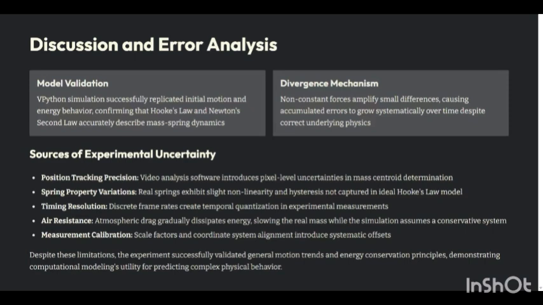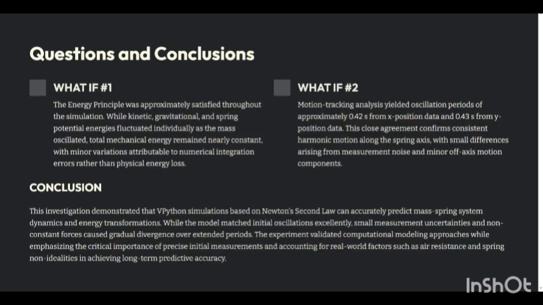predicting real-world behavior. Finally, for the what-if questions, for the first what-if question, the answer is, for the model system, the energy principle is approximately satisfied. The plots of the kinetic, gravitational, and spring potential energies show that while individual energies fluctuate as the mass moves, the total energy remains nearly constant throughout the simulation, and small variations in total energy are due to numerical errors from the iterative calculation. But overall, the model demonstrates that energy is conserved when only gravity and the spring force